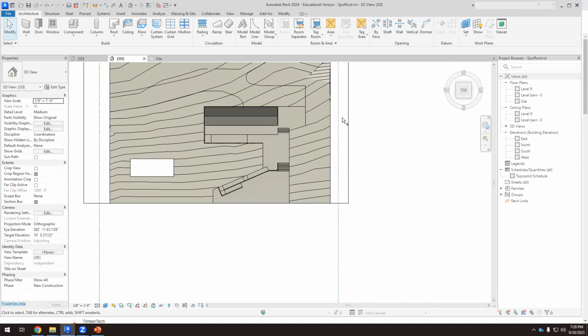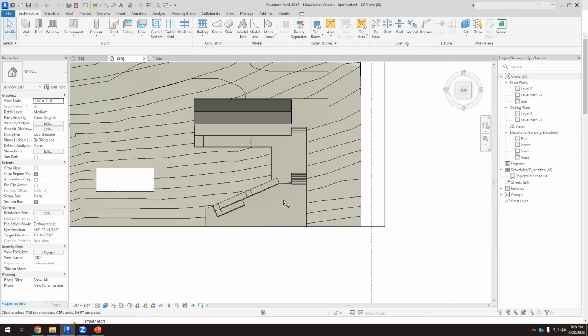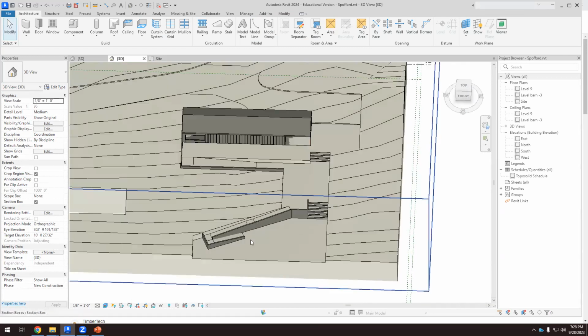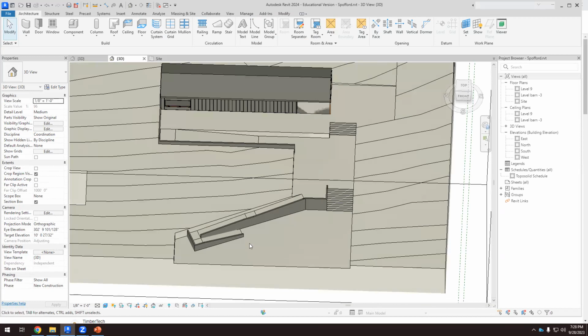Okay, so it's maybe more difficult than we expected. Well, it's not. But if you can do this in Revit, this is the most difficult thing that we can do with the topography in Revit. We have a topography, we have